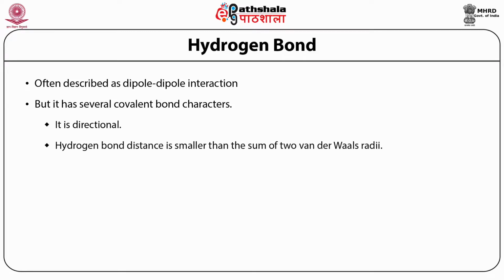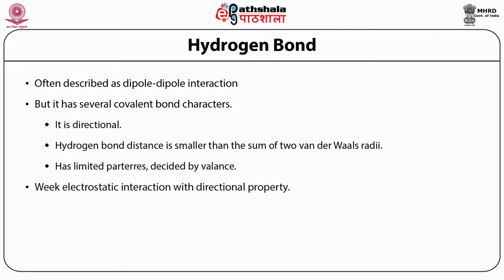The hydrogen bond distance is smaller than the sum of two van der Waals radii. This has limited parameters; it is basically decided by the valence of those electronegative atoms. And these are weak electrostatic interactions with a directional property, as I said just before. In proteins, we have the NH hydrogen bond, which is more common, and is responsible for secondary structure characterization, like